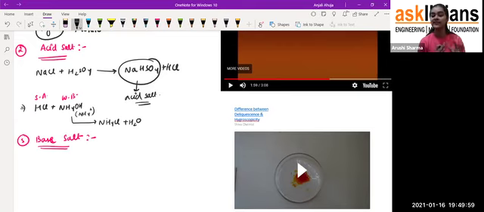Students, in acid salt, the metal does not have the capability to replace all of the hydrogen. Now in the case of the base salt, for example, the base is Pb(OH)2 and we are reacting it with acid. In this condition, there would be two OH negative ions. So the Cl, the non-metal, is not able to replace all of the hydroxyl ions from here. That's why we get the base salt, that is PbOH